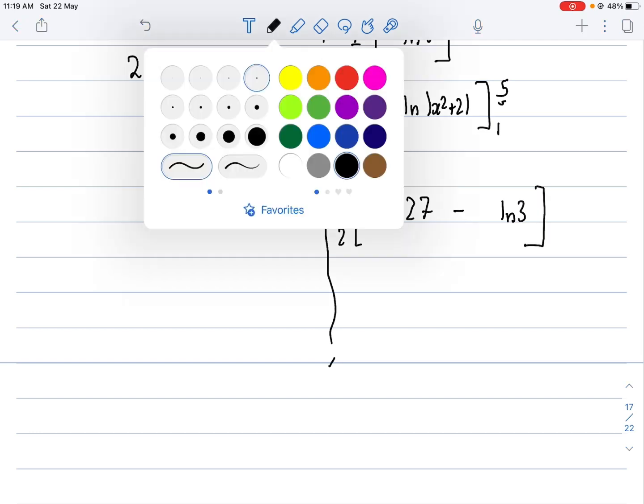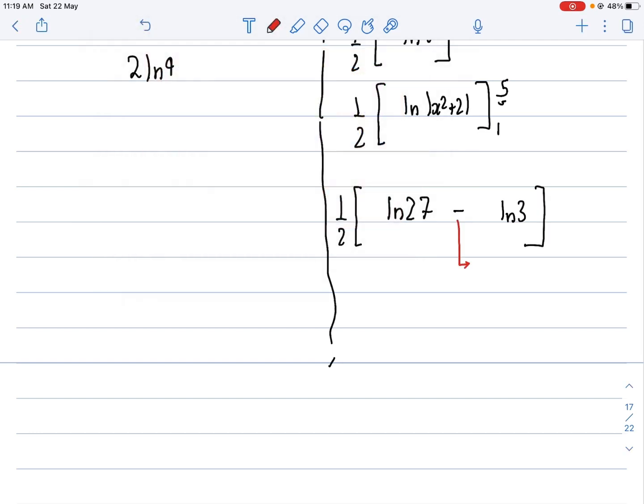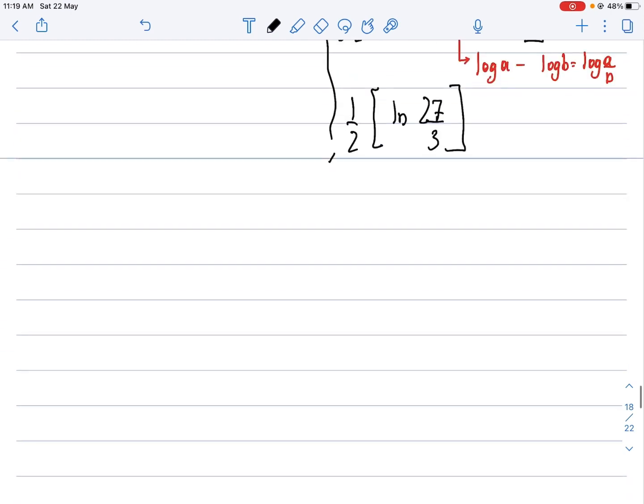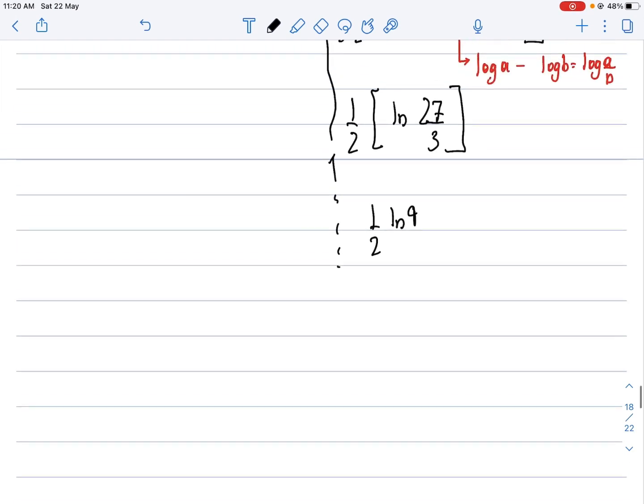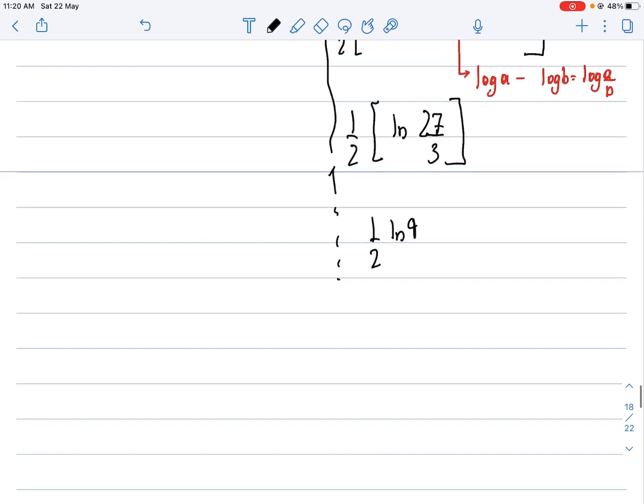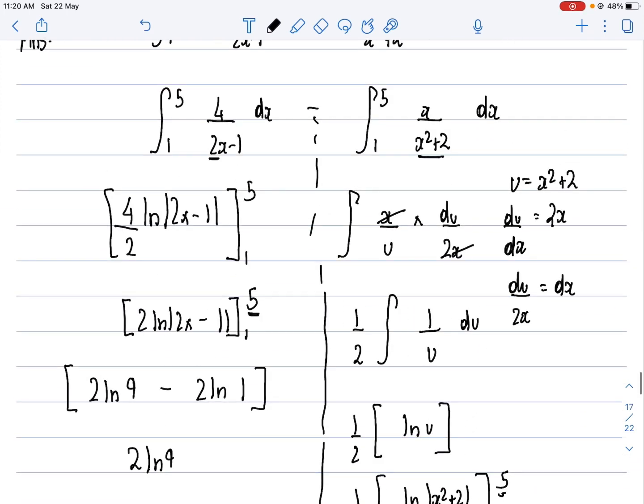So now what I can do is I can use a log property here, which suggests that log a minus log b is equal to log a over b. So I can simply write this as 1 over 2 with ln 27 over 3. So now I can write this as half ln 9. Okay, got it? Now what I can do is simply I can write this as 2 ln 9. Okay, then a minus here because of this,